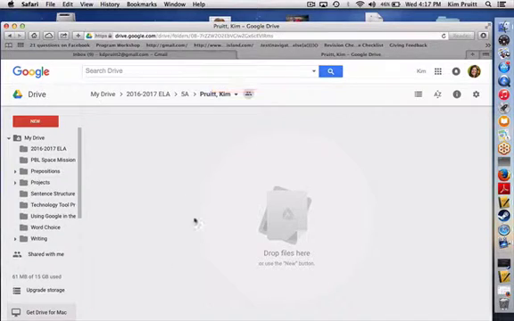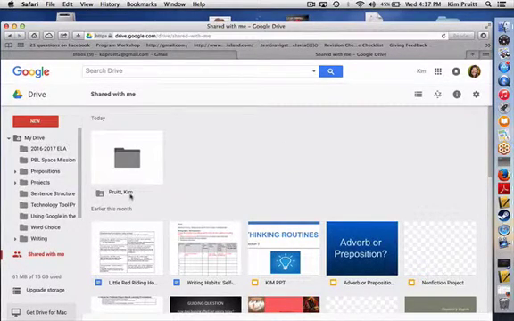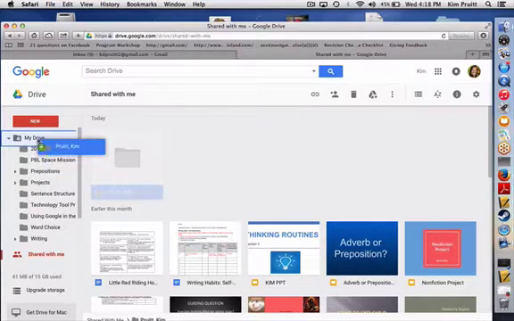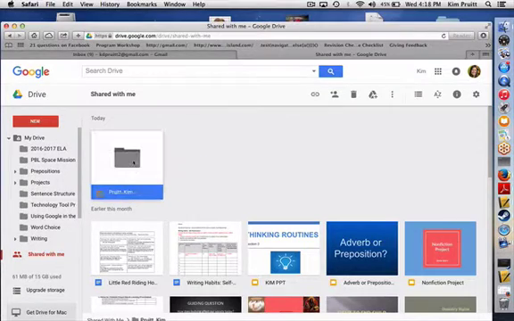within their email account. If I am the student receiving the shared folder from my teacher, I would be looking in my Shared With Me section, and then you would see the name of the student here. It says Kim Pruitt, and this little person that shows up inside of the folder indicates that it's been shared. And what I would do is I'd click on the folder and I would drag it to my drive. Just hover over the word My Drive and drop it, and it will organize itself among the other folders that are already there. Moving this from the shared section to the drive will give the student easy, quick access to